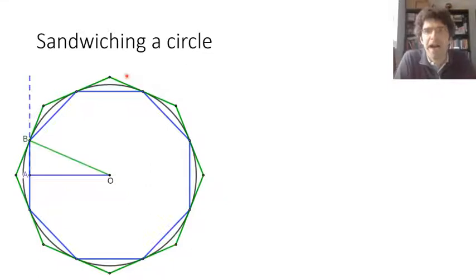First of all, then, how can I find polygons where the ratio of the perimeters will be closer than any unequal ratio that you set me? So if we consider this figure, we've got the circle sandwiched between 2 regular octagons, just as an example. The octagons are similar, so the ratio of their perimeters is also the ratio of the distances from the center to each edge, so the green and the blue line here.